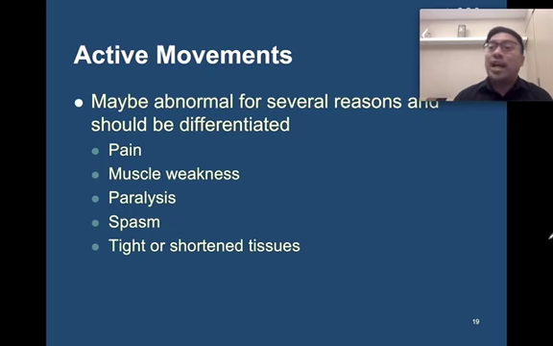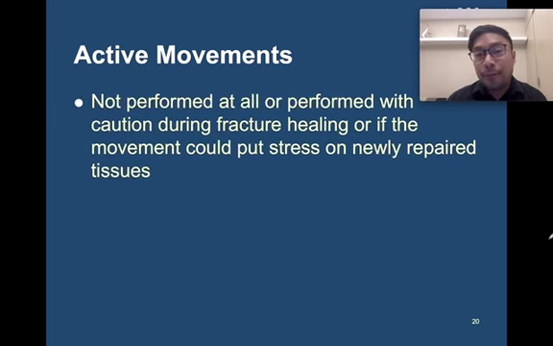So again, we'll have a separate discussion about it. Differential diagnosis. Is the active movement not performed because of pain, muscle weakness, or maybe paralysis, or maybe spasm? Okay, or maybe there's a tightness of a specific structure. Not performed at all, or performed with caution during fracture healing, or if the movement could put stress on the newly repaired tissues. As I mentioned to you, you need to check the red flags,